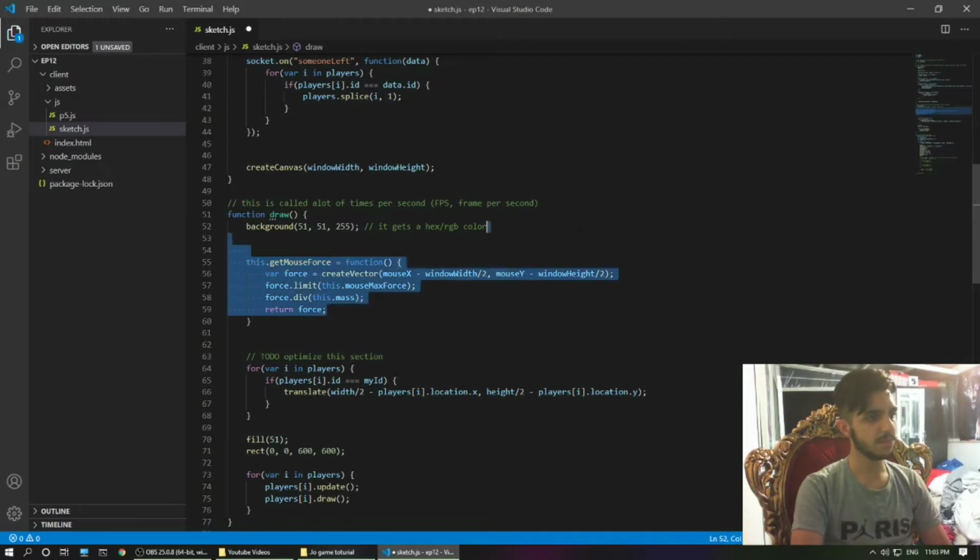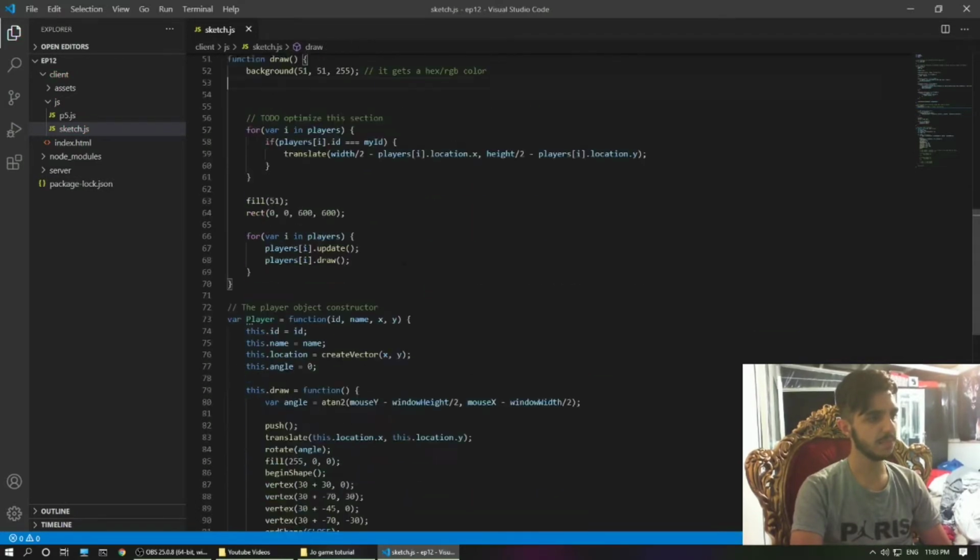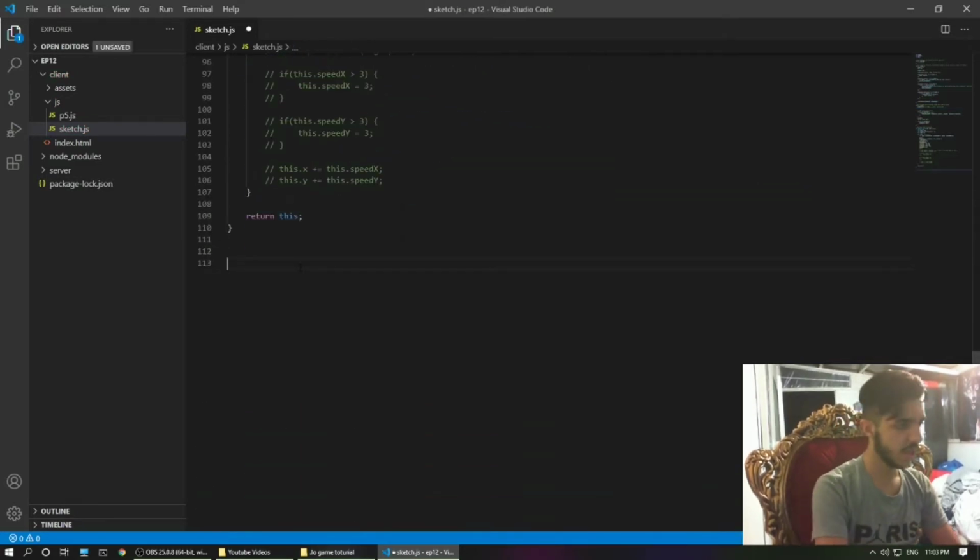Maybe I can even create its own function. Okay, let's take it out. Let's create a new function called get mouse location, or maybe